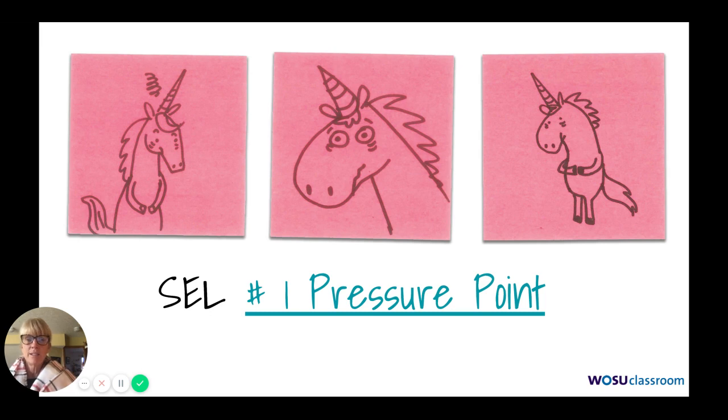You can see by the rendering of this little unicorn here that our students are often worried. I'm hearing more and more that our students are stressed, they're anxious, and they're depressed. And if you're sensing that as well, you aren't alone. In a recent survey conducted by the Learning Council on digital curriculum, one of the number one pressure points cited by over 500 U.S. schools and districts was social emotional learning.